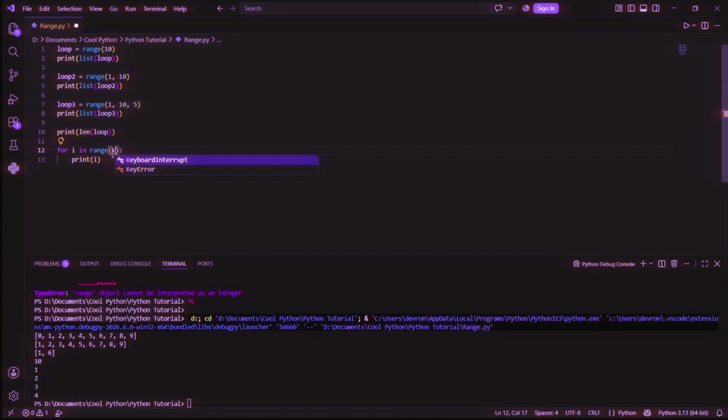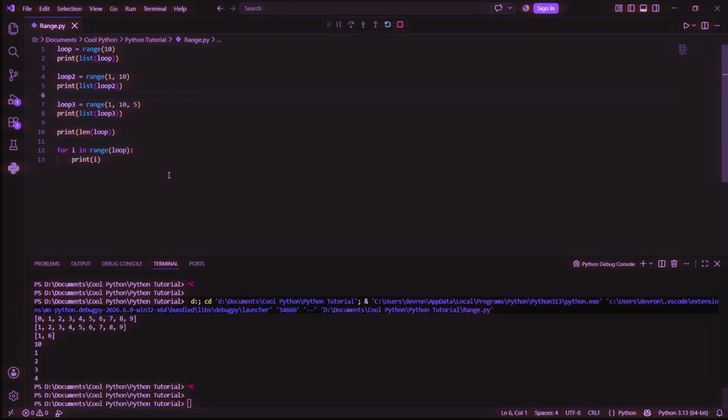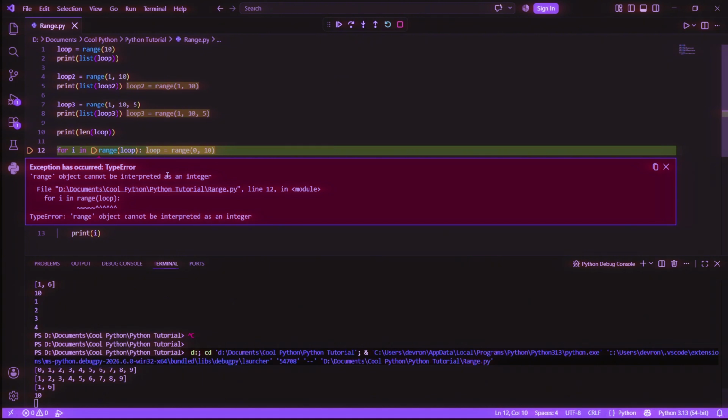Now, what if we try a loop? Now, this won't break. You know why? Because it's white. I'm sure it won't. Now, here's the problem. VS Code is not very reliable when it comes to error detecting. I mean, of course, it is reliable with error detecting, but sometimes it can trick you because